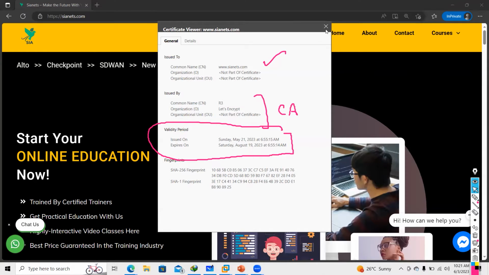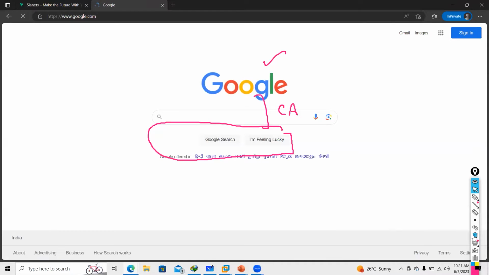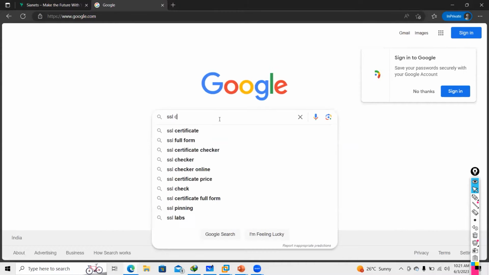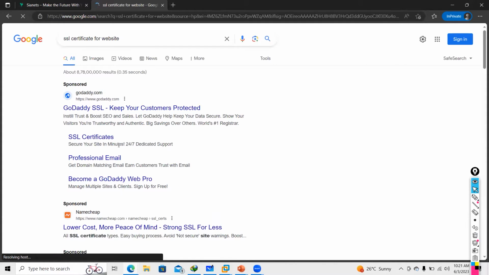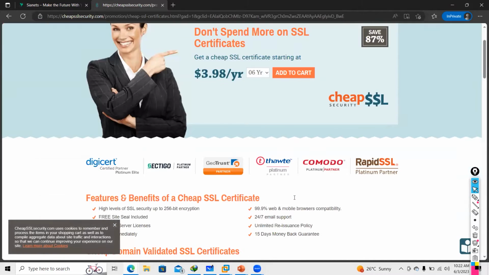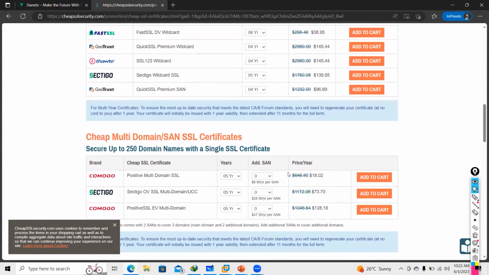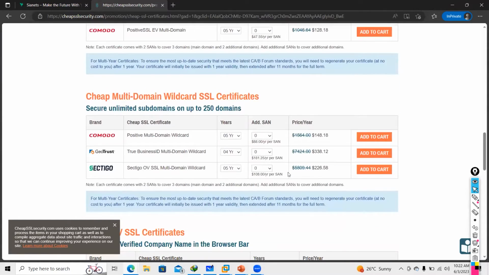So guys, don't think that certificates are free. So let's say I want to buy an SSL certificate for a website. I will just write this. So I will go to anyone, let's say this cheap SSL security. So I will tell you how you generate. Can you see this? It will give you the details of which certificate you want. Whether you want